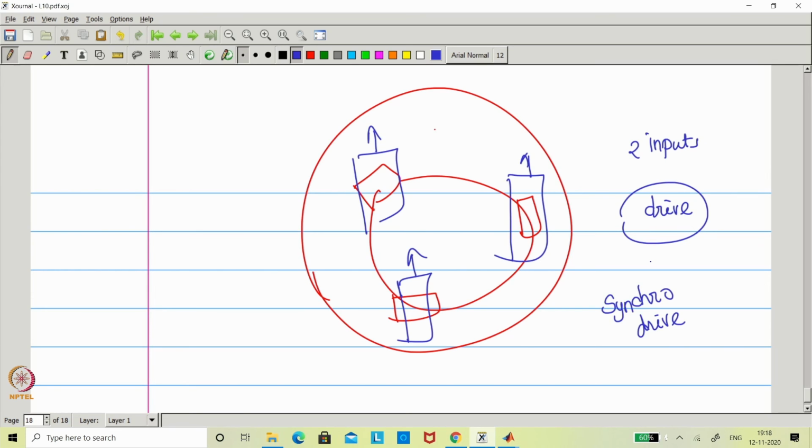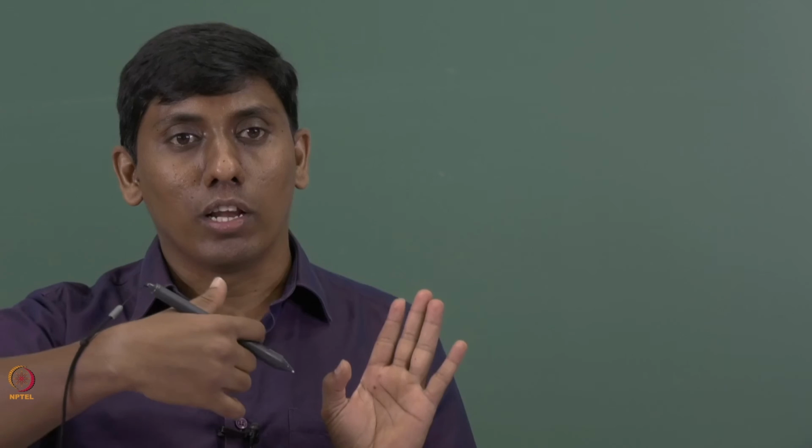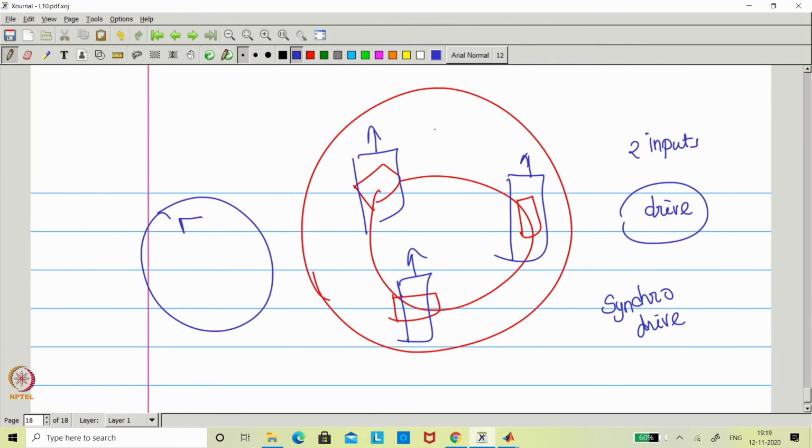For example, now you want to take a lateral turn, or move in a lateral direction. What the synchro drive will do is first rotate all the wheels in that direction. The same motor will rotate all the wheels. After that, it will come back, and now the drive will run. So for example, you want to move laterally, so all the wheels will align like this. Now in the second step, you give energy and it will move forward. But there is only one motor. That motor would have a switching. That's why I call it one of the special cases, which is what we call synchro drive.